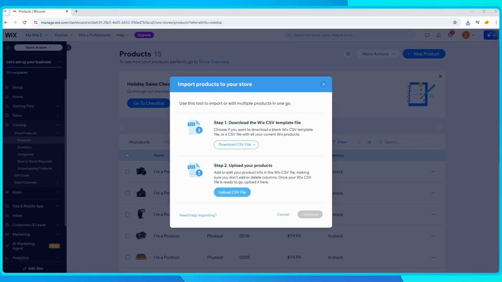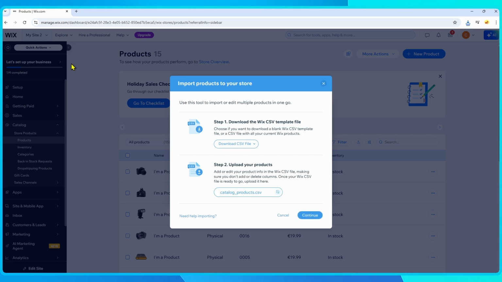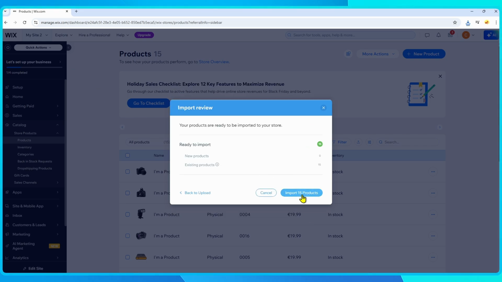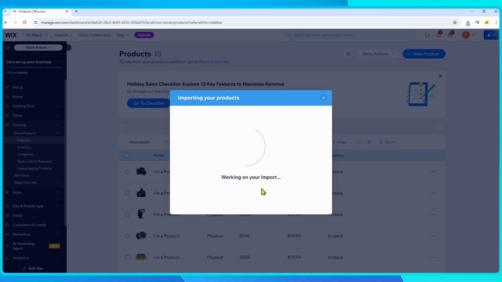Back in Wix, click Upload CSV File. Browse your computer, select your completed CSV, and click Continue. Wix will show you a quick summary to confirm everything looks correct. Finally, click Import Products. Within a few moments, all of your products will appear in your Wix store, ready to